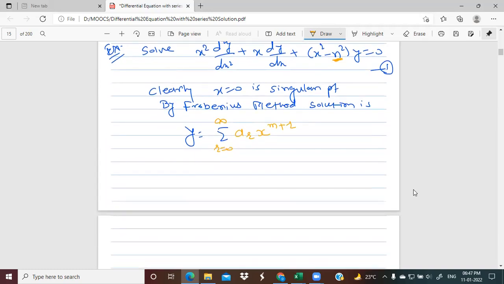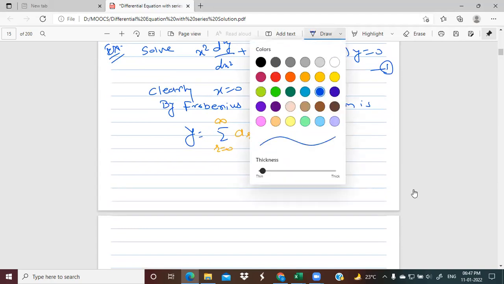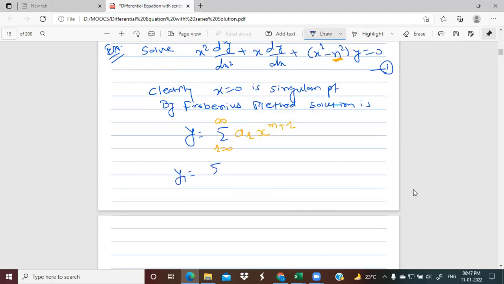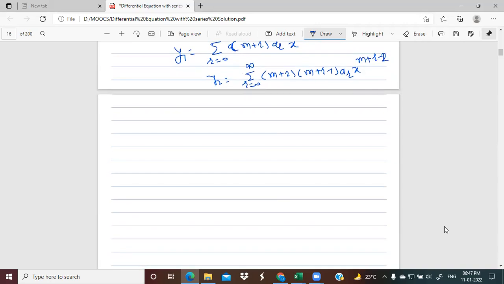Now I will differentiate this two times. y1 equal to summation r equal to 0 to infinity m plus r into a_r into x raised to power m plus r minus 1. y2 equal to summation r equal to 0 to infinity m plus r into m plus r minus 1 into a_r into x raised to power m plus r minus 2. Isn't it? Okay. Therefore equation star becomes